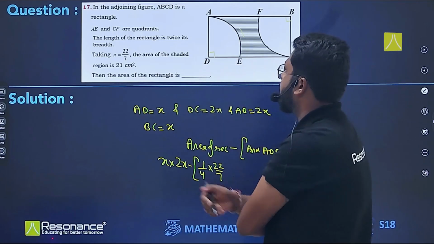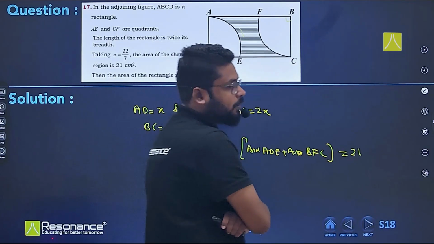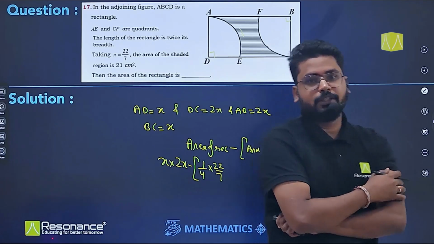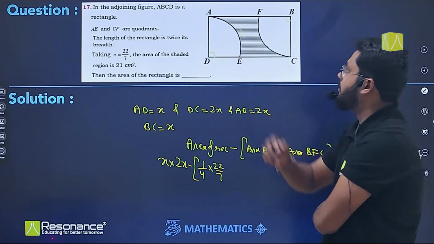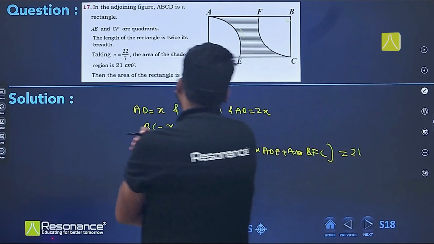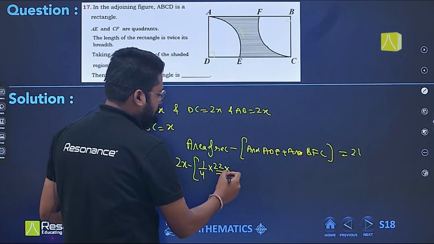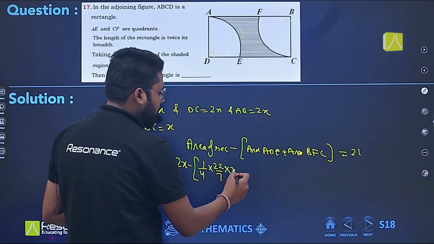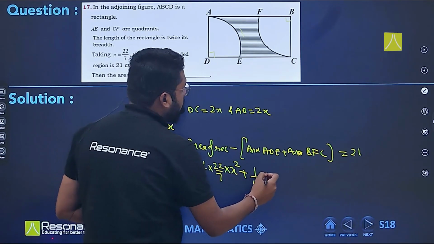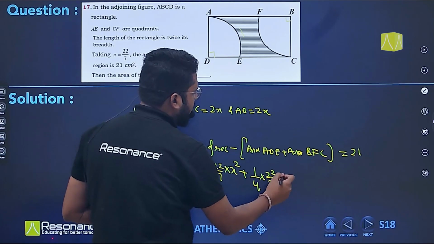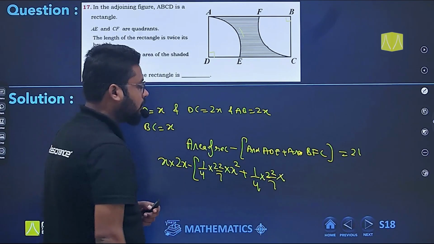So AD is x. So radius will be what? Radius is also x, because it is not the diameter. If you complete the circle, then this will come as the radius only. So radius will be x. So you have to take r square, so x square, plus similarly 1 by 4 into 22 by 7 into the radius of quadrant BFC, which is BC only. So again it's x square